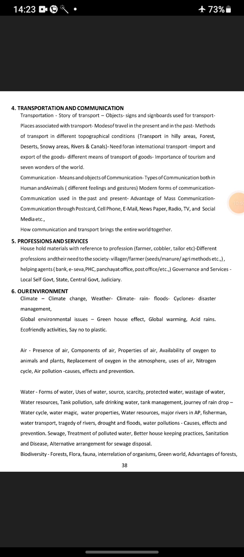Our environment: climate change, weather, climate, rain, floods, cyclones, disaster management, global environmental issues, greenhouse effect, global warming, acid rains, eco-friendly activities, say no to plastic, air pressure, air, components of air, properties of air, availability of oxygen to animals and plants, replacement of oxygen in the atmosphere, uses of air, nitrogen cycle, air pollution, causes, effects and prevention, water,